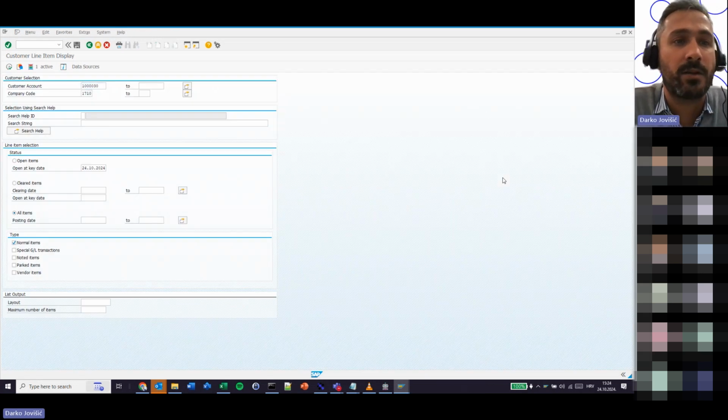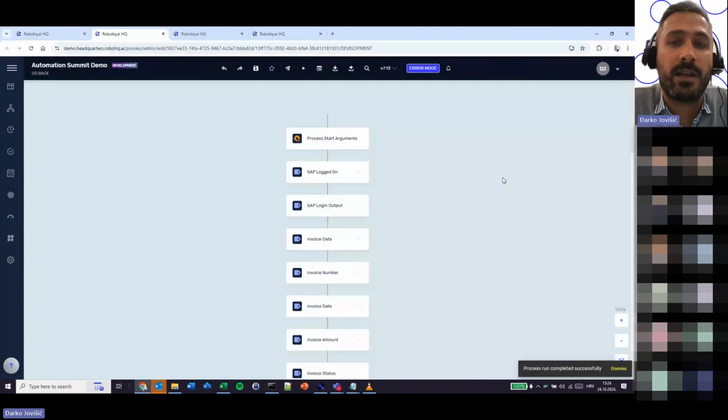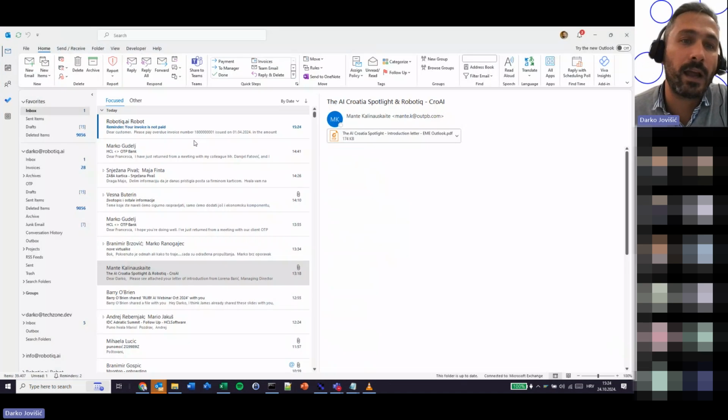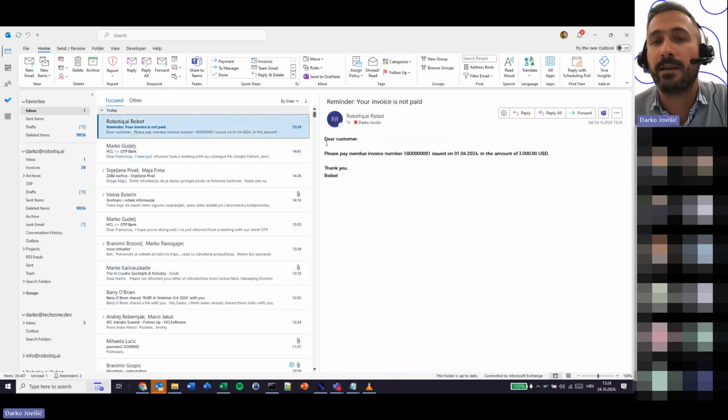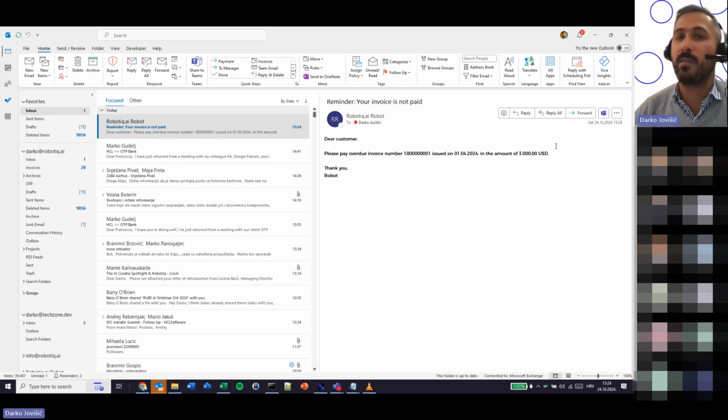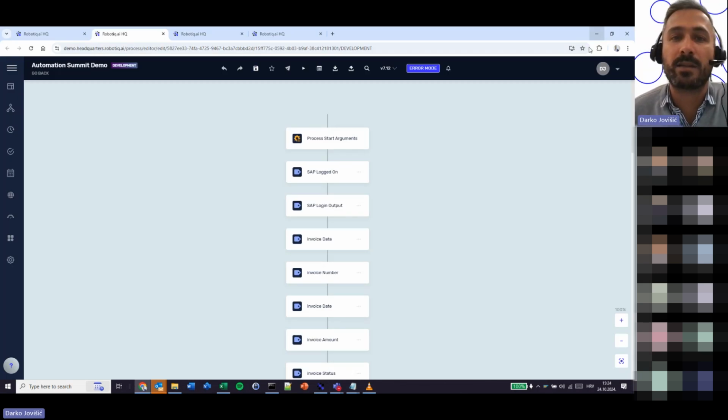So the digital worker now checked for the status of the invoice and completed the whole process. And then I got an email that I didn't pay this invoice. It was this invoice number on this date with this overdue amount. So this was a fairly simple process, but we are typically talking about processes that span over a couple of